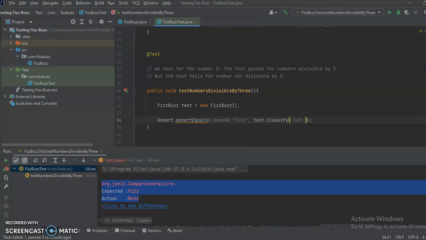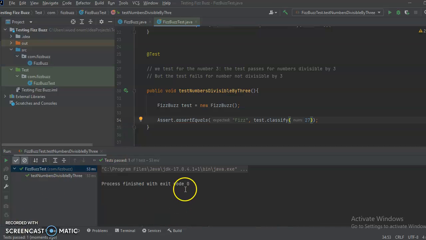So let's say 27, and then run the test. So I will pause again to wait for the results, just to make the video not too long. So let me pause. So guys, you can see that our process is successful. 25 was not divisible by 3, but 27 is now passing that. You can do the same for a number that is